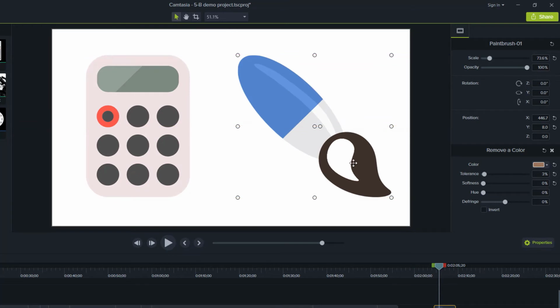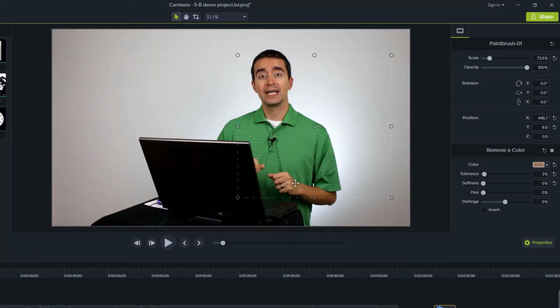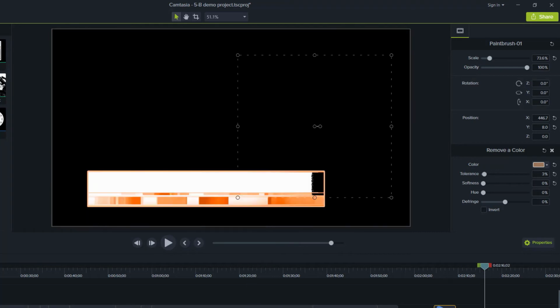And that's what we do for green screen. We'll take out that background and then we'll be able to see a different background behind us. Now, I wouldn't want to use this on my video. If I wanted to play around, I could say, well, yes, remove the green of my shirt, and then you could see the computer background through me. That's not something I want to do, but if I did have a different colored background, I could select that color and remove it. Instead, what I want to show you is this lower third.